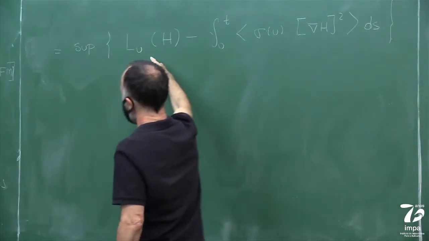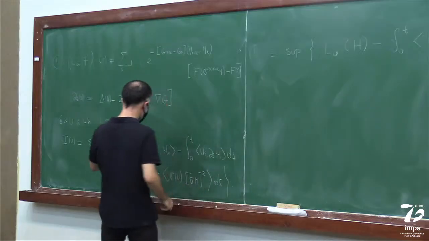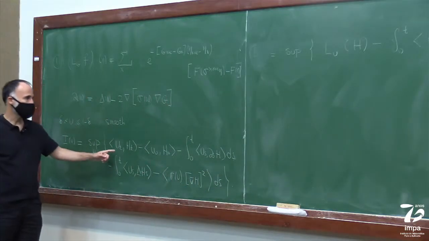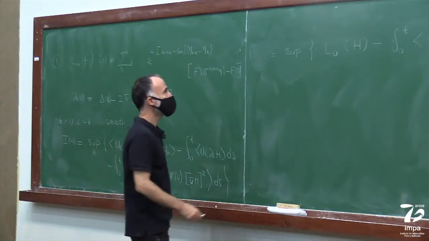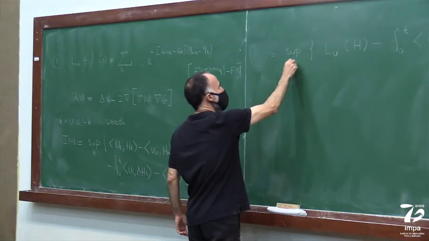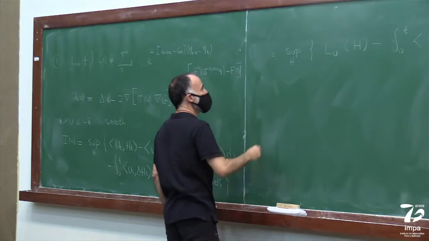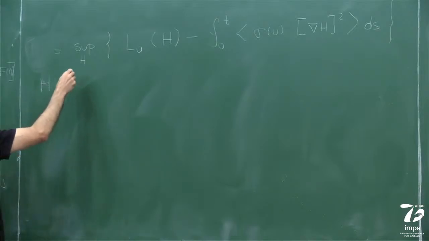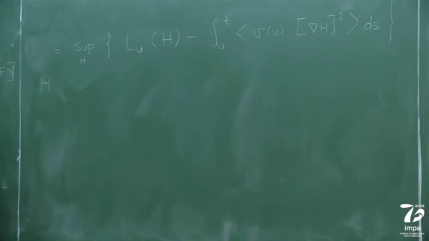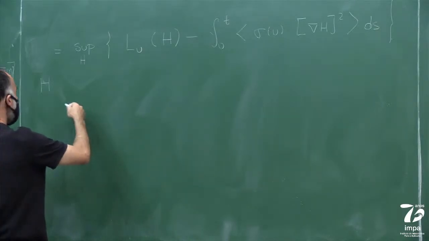Okay, so I have here a linear function, which is the first four terms, and then this quadratic function. And I'm taking here the supremum. So if h is the one which maximizes this expression, this means that